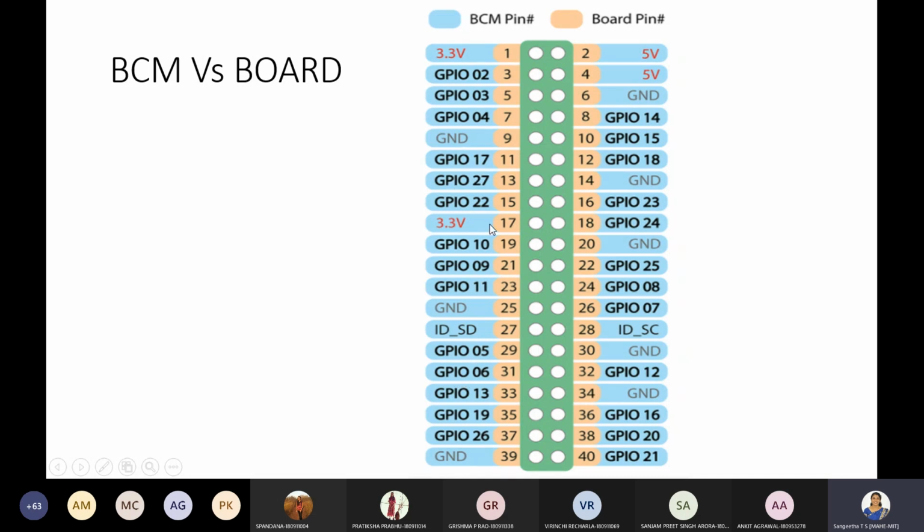So you should know which pin is what in BCM, whereas with the board numbering you will have a rough idea about where the pin lies, but in BCM you will not get an exact idea of where the pin is lying, because it has some random order. Okay.